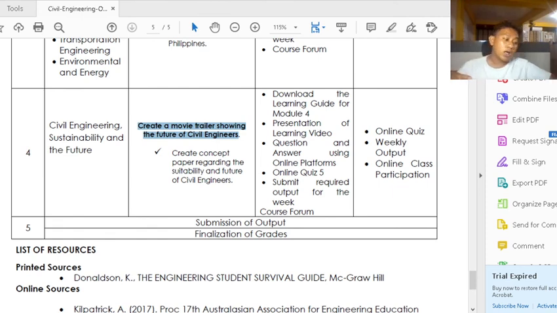Ito yung final requirement nyo, not required na matapos agad, pero within the semester siya guys. Before matapos ang semester, doon ko pa lang ibibigay yung grade. Pwede nyo ipasa yun. Hindi yan rush ha. As long as na-group ko kayo at masimulan nyo na, bahala na kayo.